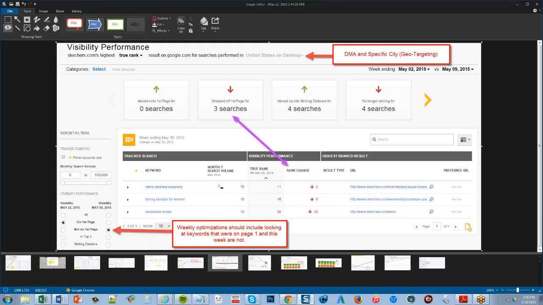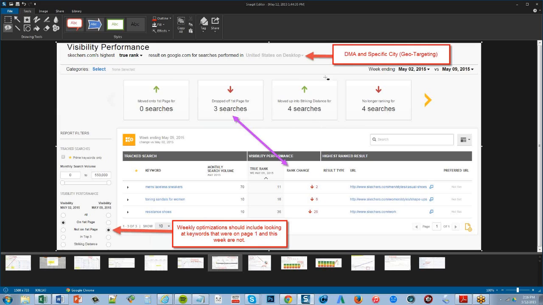So I can take action on those specific pages, give emphasis to them in a subheading or within the content, link to those pages from a blog post, do a featured post about a particular topic, and link in to my preferred landing page, and try to move that right back up where it should have been. But being able to see that and respond to it and react in real time is something that no other